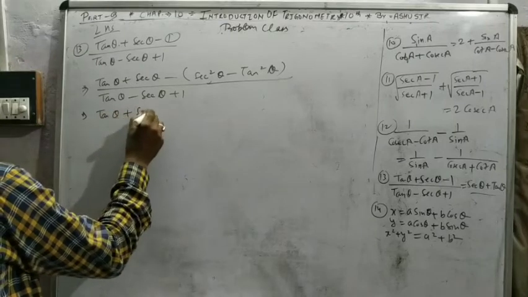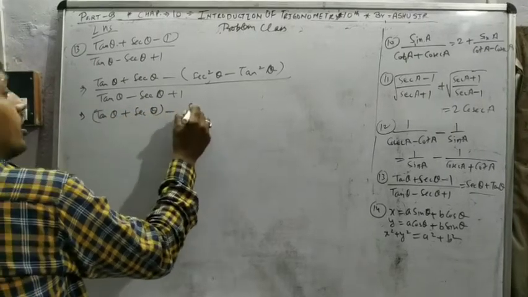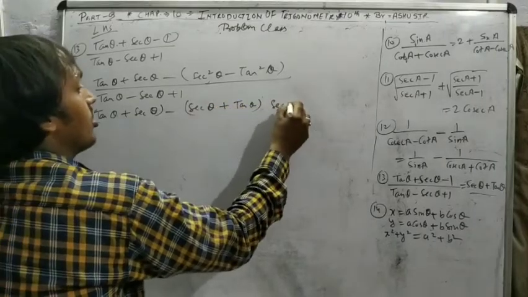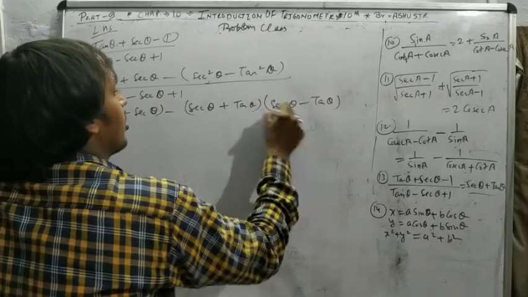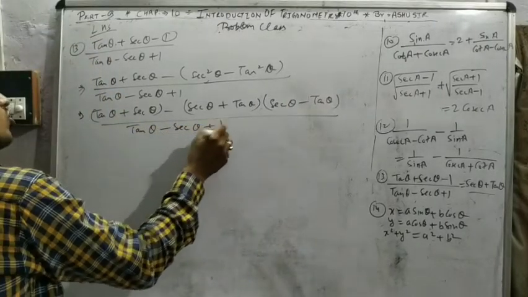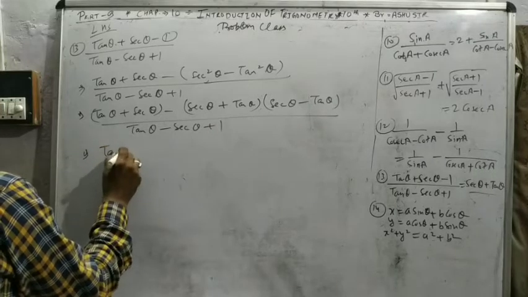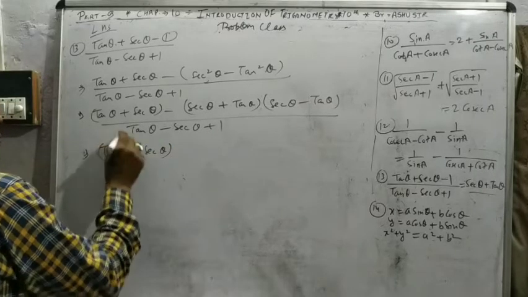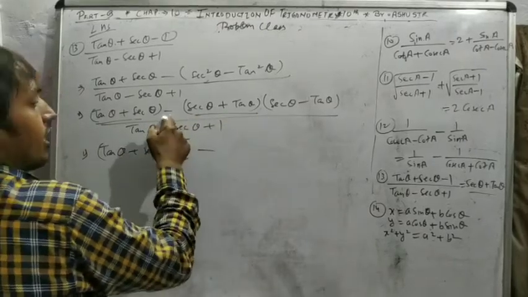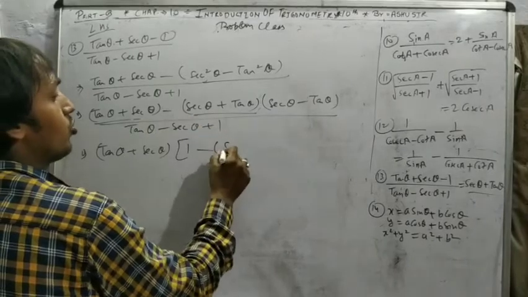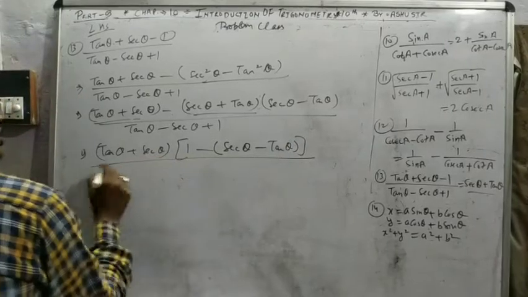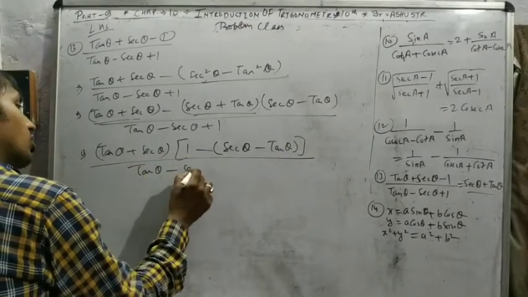Tan theta plus sec theta is the same as before. Here we can write sec plus tan and sec minus tan; we can split them as a square minus b square. The denominator I have to do no work on, only note down. Tan plus sec is taken common; you can see it in both terms. What remains here? 1 the same and the minus sign. So we have to use the bracket for the remaining terms, and the denominator I have the same, note down. I have no change here.